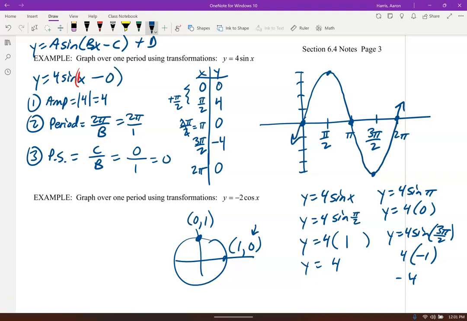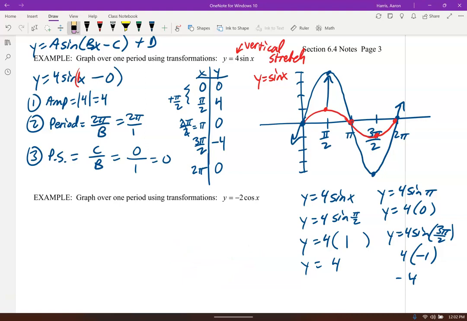Okay. So what did this 4 in front do? Well, that vertically stretched it. It vertically stretched the original sine of x. If I was to graph just the sine of x, here's the sine of x. Goes as high as 1, as low as negative 1. See how it stretched that out? It vertically stretched it. So that's what that 4 in front did, right? So if you can imagine on this next one where we got negative 2 cosine of x,